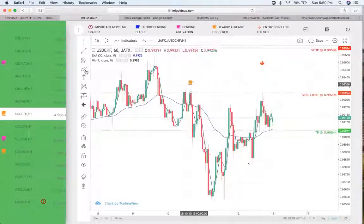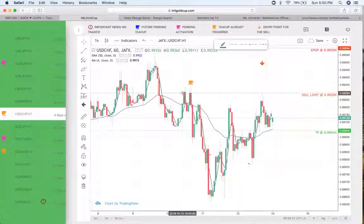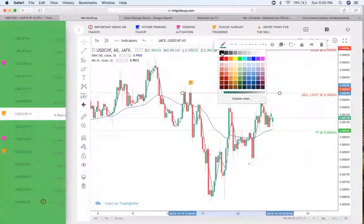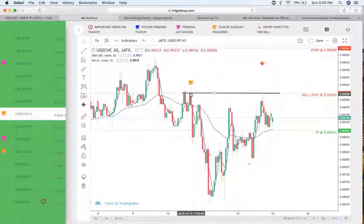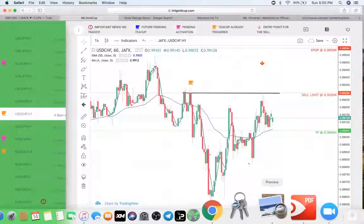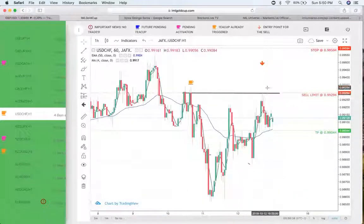It was pending, okay? So what this goes to show you is that right here, we're going to put this over. Right here, I'm going to make this black so we can see it. Make it thick, okay? So that means that this is where it starts. So that means that when price came back to this area, we were able to put a sell limit in. Now, I'm going to show you the sell limit, the take profit, the stop loss, and our trading plan, okay? So what this means is that once it came back to the sell limit and you put the sell limit in your trading program, this would have activated